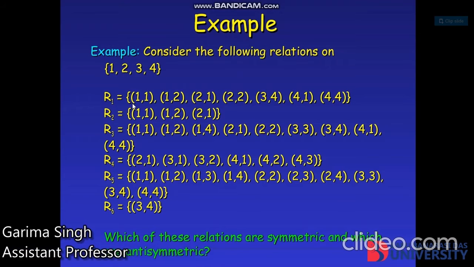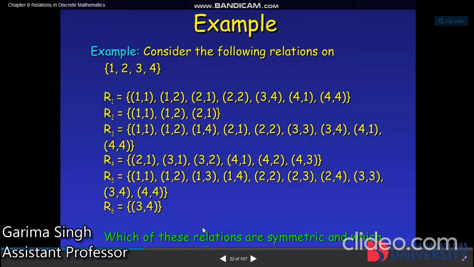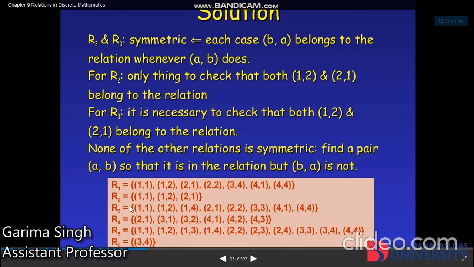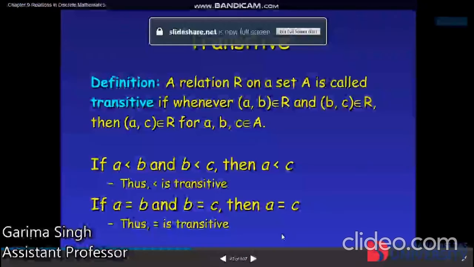See the example. Which of these relations are symmetric and which of these are not symmetric? Check the answer. So R2 and R3 are symmetric. R2 and R3 are symmetric. Why are R2 and R3 symmetric? Because